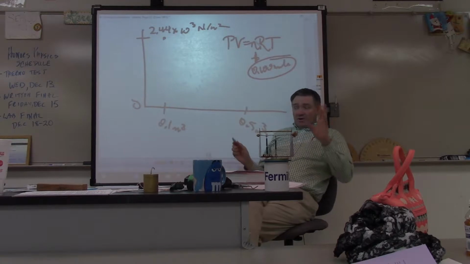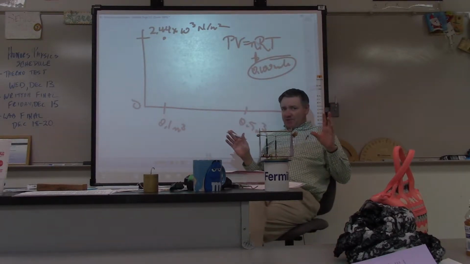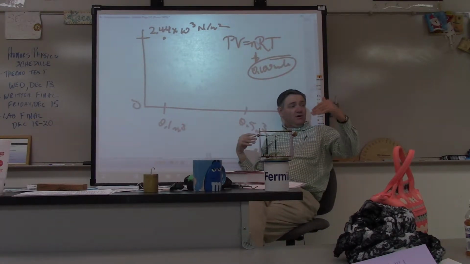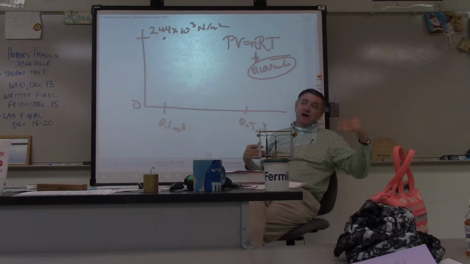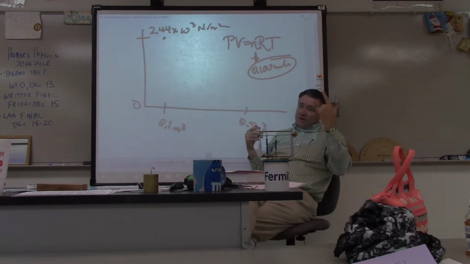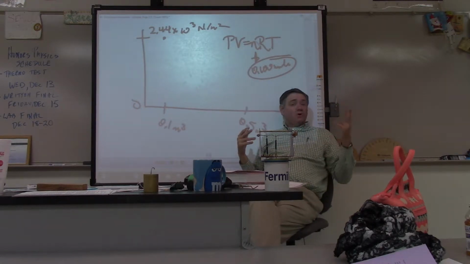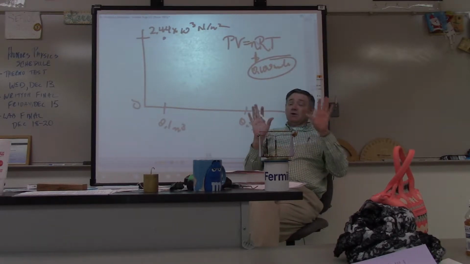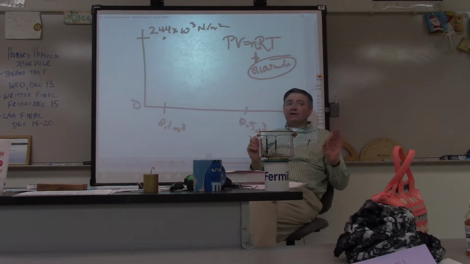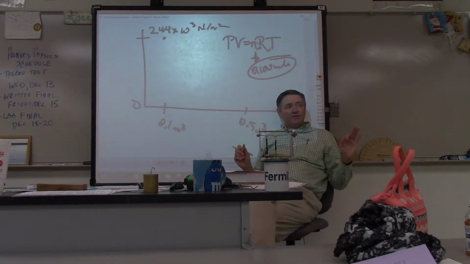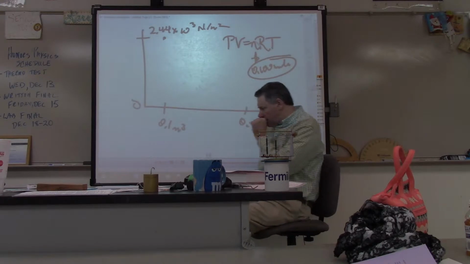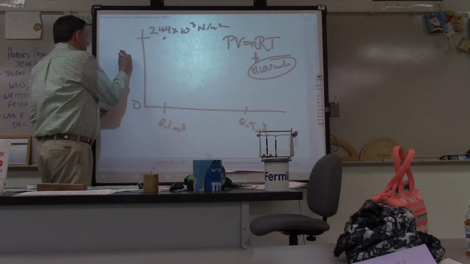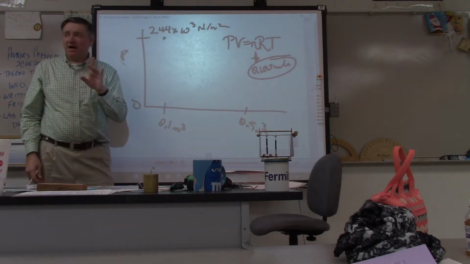Find the temperature. In a sense, it's like a three-dimensional graph: in 2 dimensions you have pressure and volume, but a third dimension will always be the capacity to find a temperature, as long as you know what n is and what R is. That's going to be writ large in this whole theme: you have 2 points, but at any point you can always easily find a third value. So we're going to start here. I've got this pressure, and I've got this volume. Can I find the temperature of the gas?